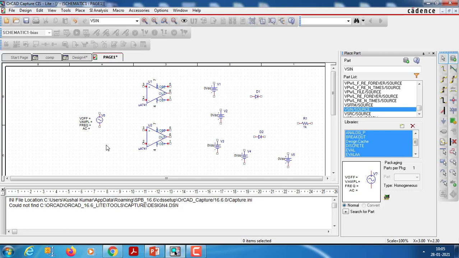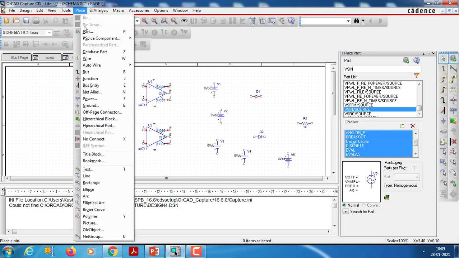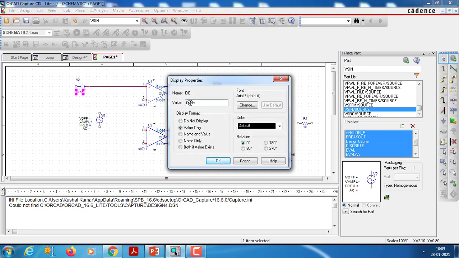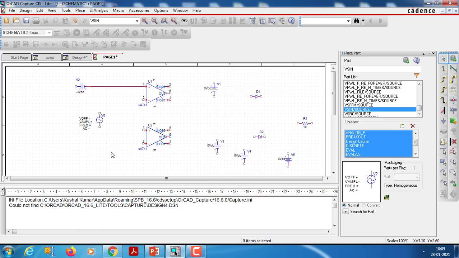The first thing is at pin number 3, take a wire. So you will be having minus 3 volts. So this is minus 3 VDC. Then this side will be grounded.